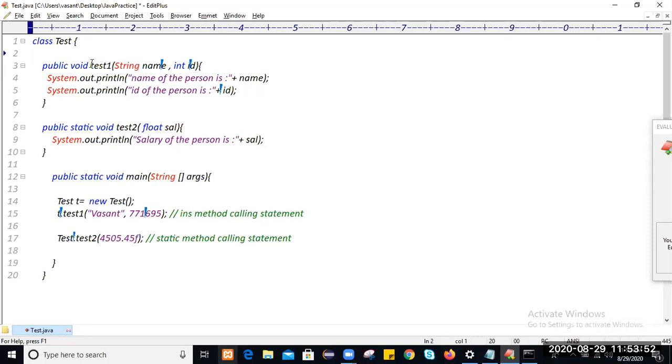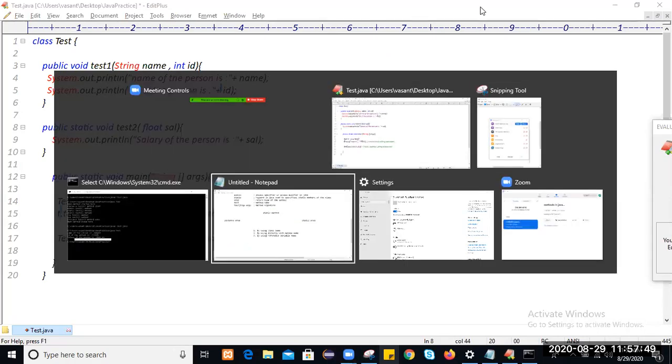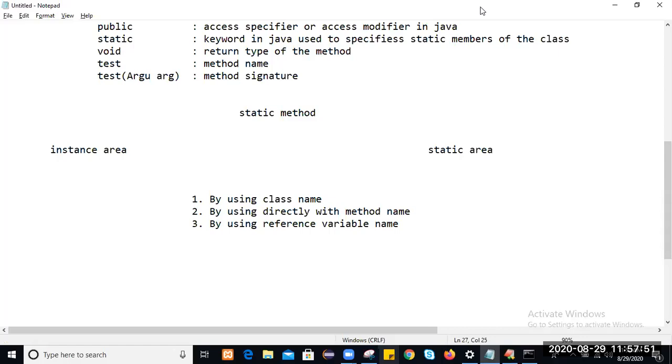You understood what the methods are, right? The methods are of two types. One is the instance method and one is the static method. So, two types of methods in Java. How many types of methods in Java? Two types: instance method and static method.